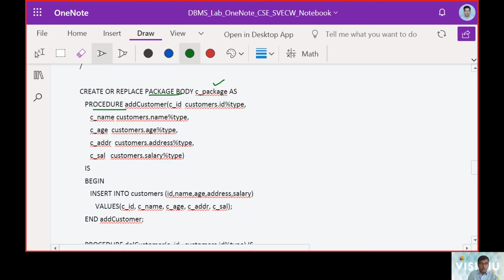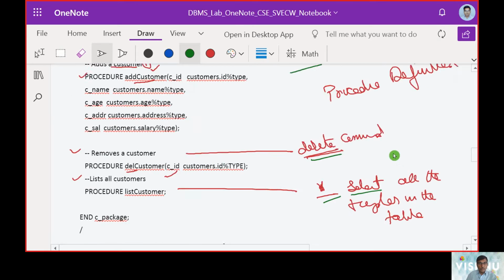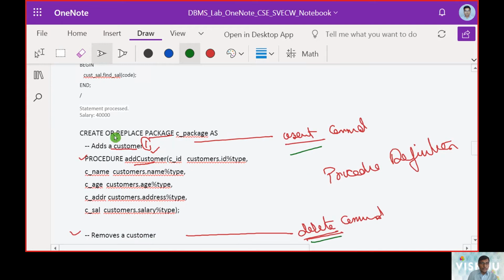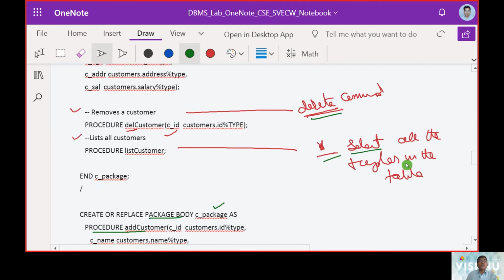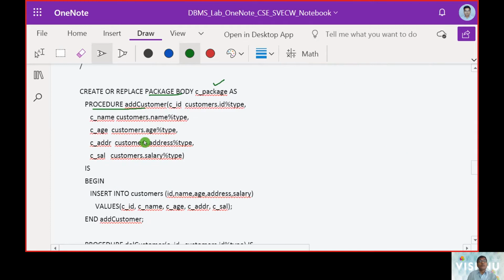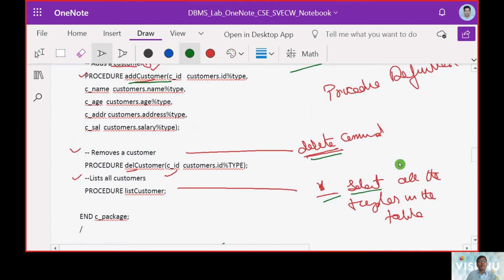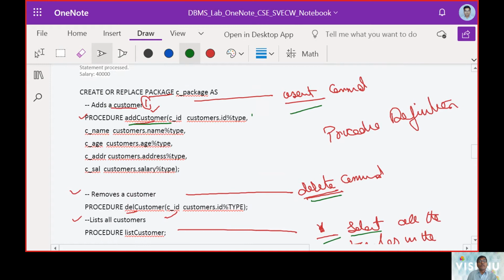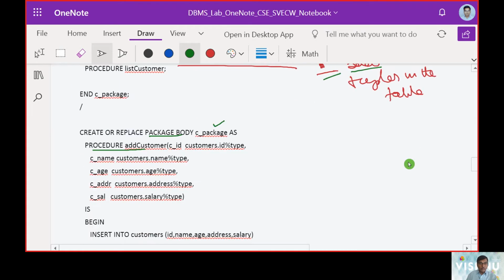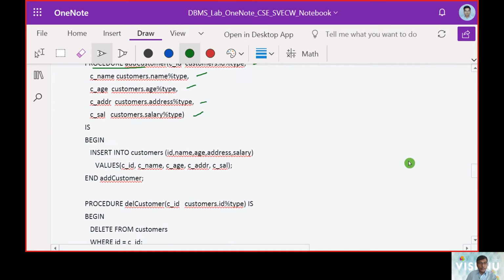Then we are going to call up the add procedure. So where is the add procedure? We made a definition, right? The add procedure, we made a definition here. Therefore, that add procedure we are going to call here, and whatever variable names we mentioned, 1, 2, 3, 4, 5 variable names, all the 5 variable names are going to be brought into the work area.